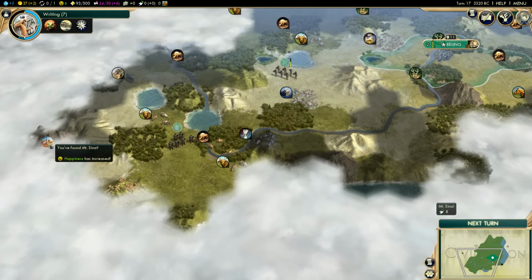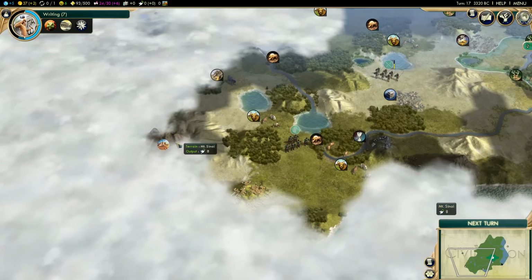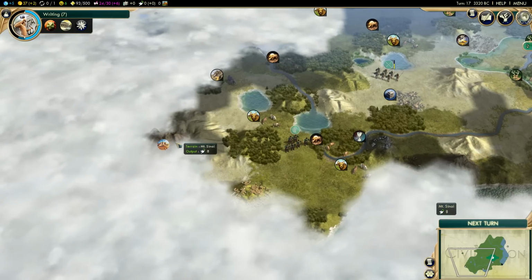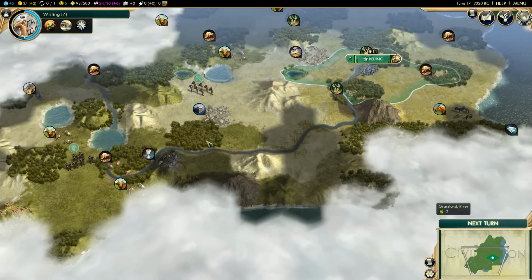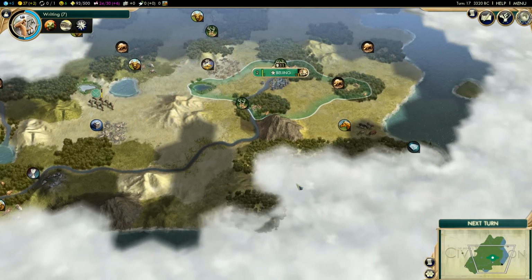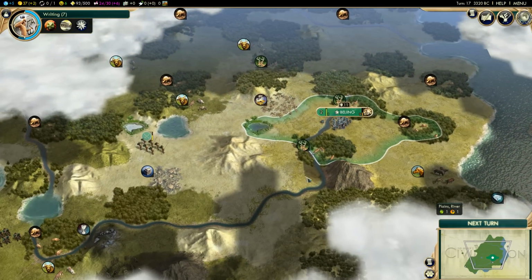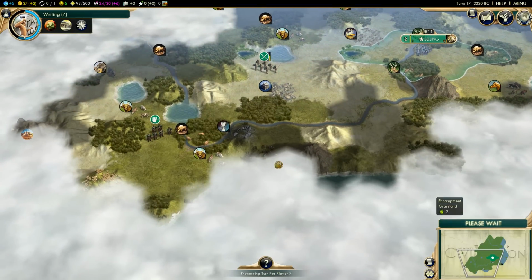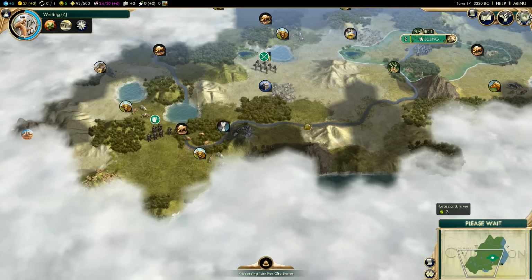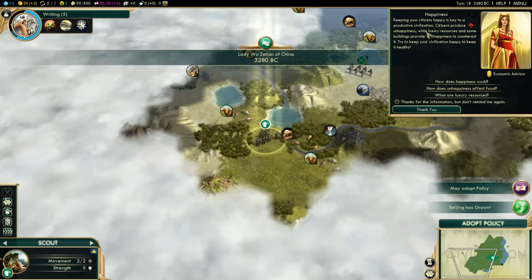Yeah, that would give us 8 religion, or 8 faith as it's called. And I'm not really interested in religion. It has never interested me in this game actually. So I never ever drive a religious game. I like the science part of this game, and